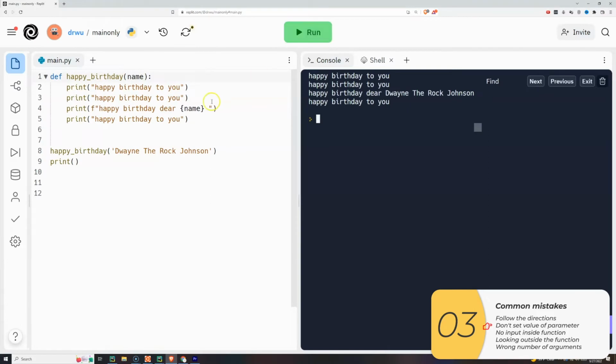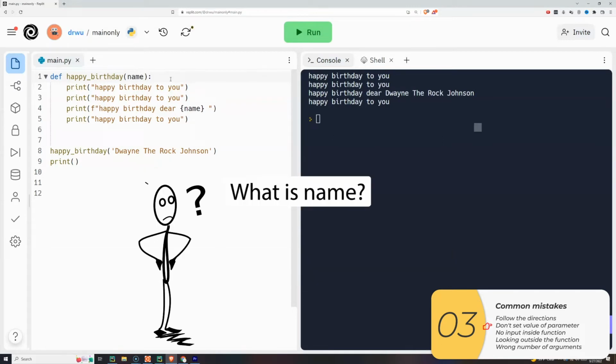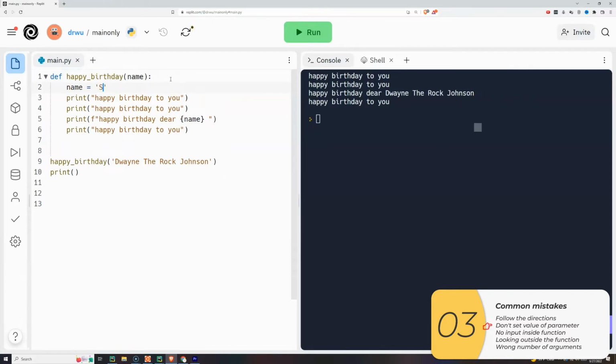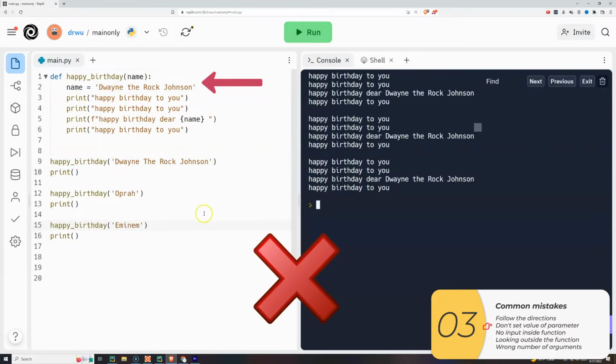A second type of mistake comes because people forget how parameters and arguments work. When I call the function, the parameter's value is equal to the argument. But people forget this and they say, well, what's the name? Well, let me set it. So I'll set it here. And if I do this, this function will only work for Dwayne "The Rock" Johnson. I'll call the function 3 times. It works the first time when the argument is Dwayne "The Rock" Johnson, but anytime the argument is different from what I set the parameter to,